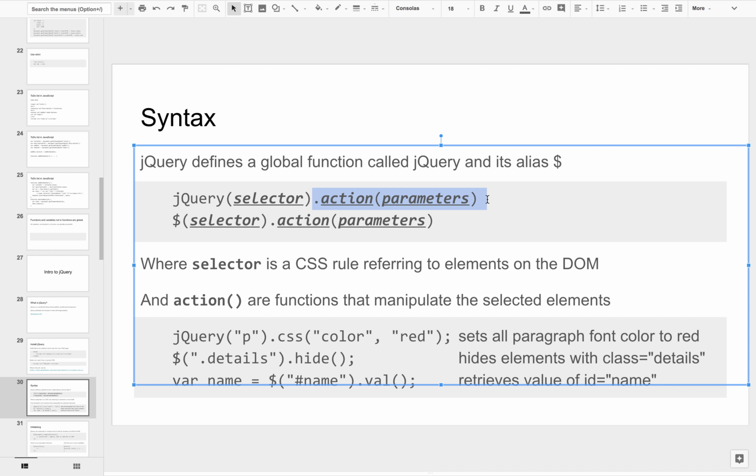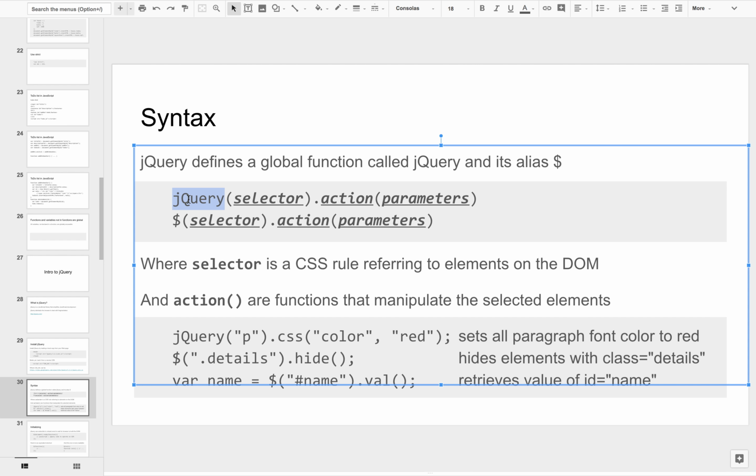I can change its style. And the fact that I can retrieve an element from the DOM, and that I can treat the DOM as if it were some data set, of which I want a subset, is what gives jQuery its name.